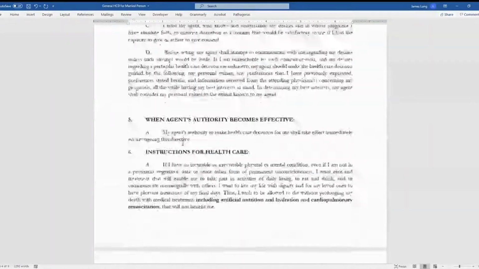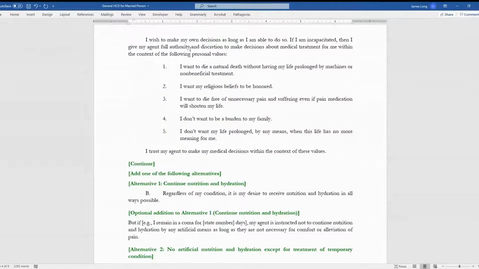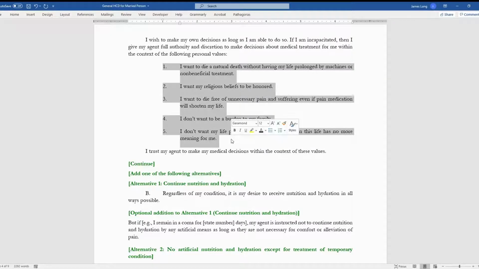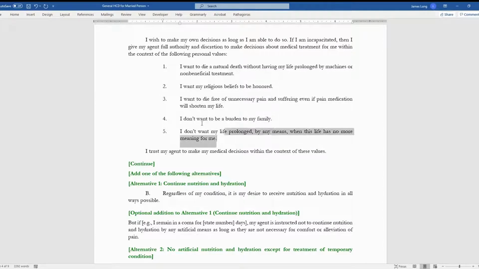Your agents will have the authority to do all this within the context of your personal values, right? So they're going to make decisions in the context of your personal values, and this is communicating your personal values. So I would say add or delete these as necessary. If you agree with this, but you don't agree with this, then maybe you have no religious beliefs, delete it. Maybe you have specific religious beliefs, and we've got specific templates for